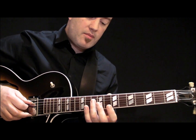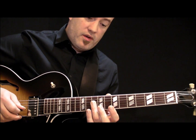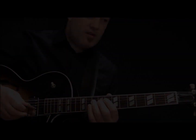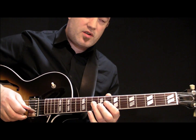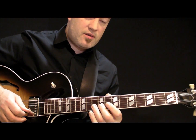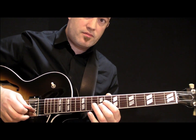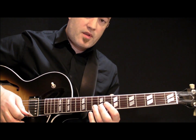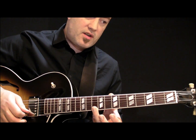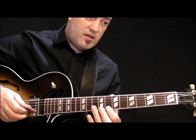Okay, so I'm starting this on the 10th fret of the 4th string, rolling the finger over there, this is the 3rd finger, 4th string, 3rd string, both at the 10th fret, 2nd string of the 9th, to the 10th fret on the 2nd string, so we got, now I roll the finger over again onto the 1st string at the 10th fret, still on the 1st string at the 8th fret there, so we got,